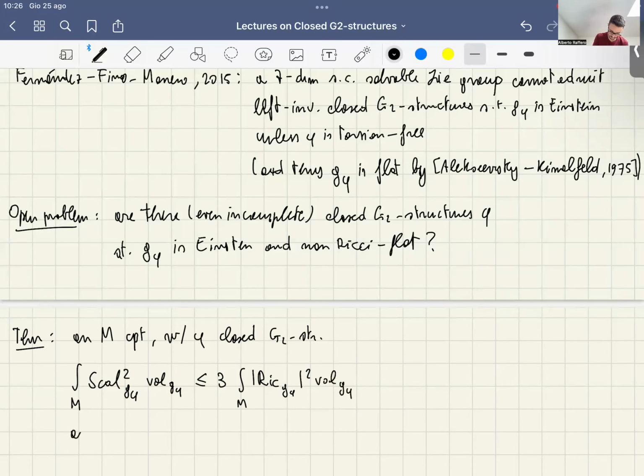And moreover, equality in this inequality here holds if and only if the intrinsic torsion tau satisfies this equation here. So its differential d tau is equal to the square norm of tau over 6 times phi plus 1 over 6 the Hodge dual of tau wedge tau. And these are the so-called extremely Ricci pinched